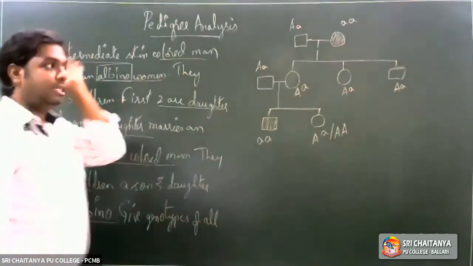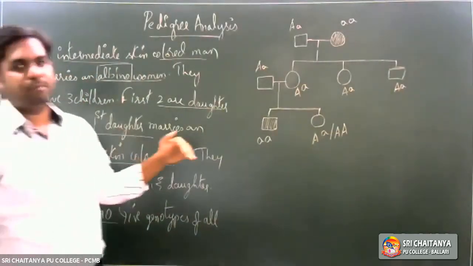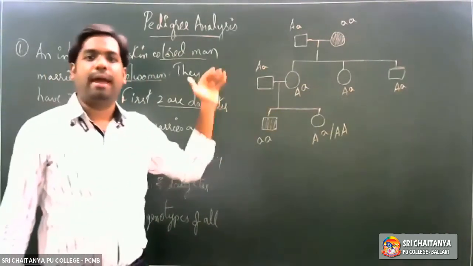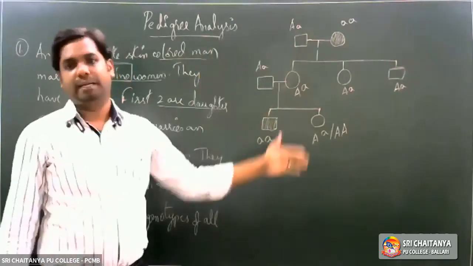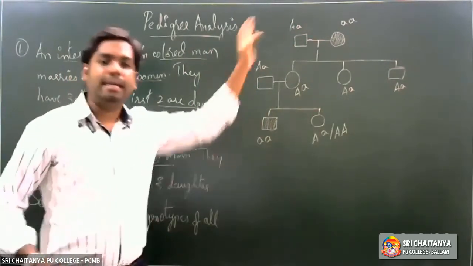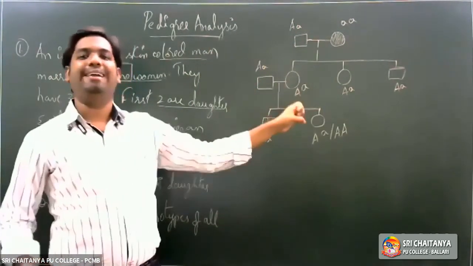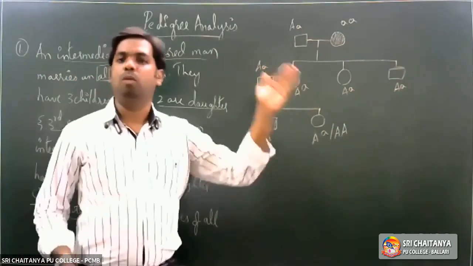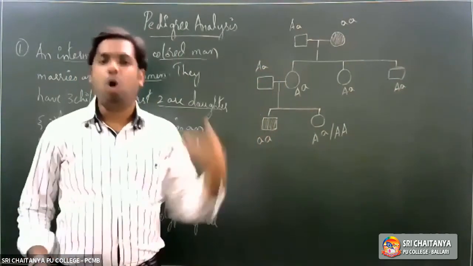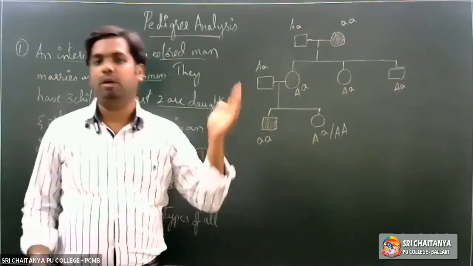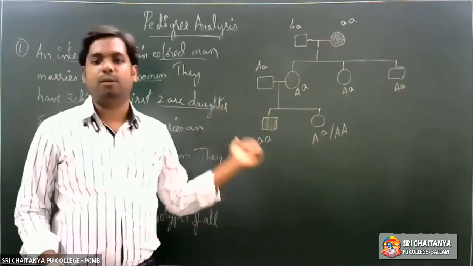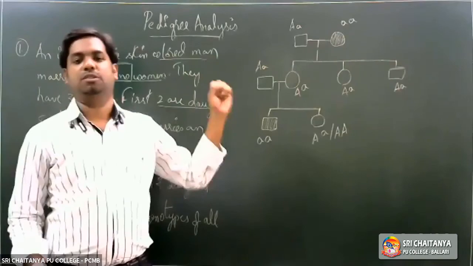Right? So in the next session, we'll take up some more examples. We'll take up one more example and we'll see how to plot a pedigree. And if a pedigree chart is given, how to identify whether it is autosomal dominant, autosomal recessive, or whether it is X-linked dominant or X-linked recessive disorder. So that we will take up in the next sessions. Fine.